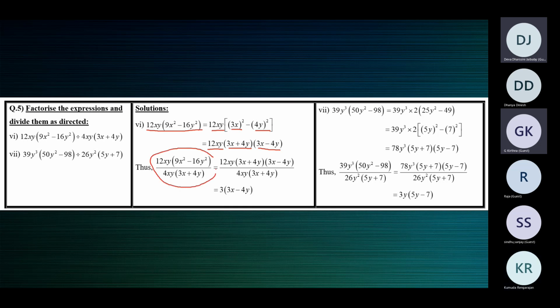The given question is, this is the numerator divided by the denominator. Now what happens? 3x plus 4y, 3x plus 4y gets cancelled. Then xy and xy, x and y, get cancelled. 4 1s are 4, 3 4s are 12. So 3 into 3x minus 4y is the answer. They are what remain in the numerator. 3 and 3x minus 4y. Write them together.